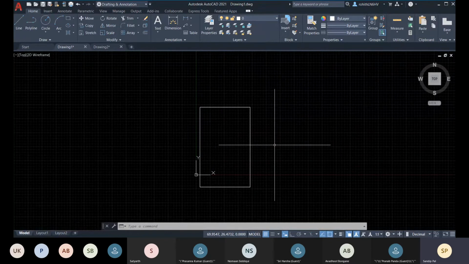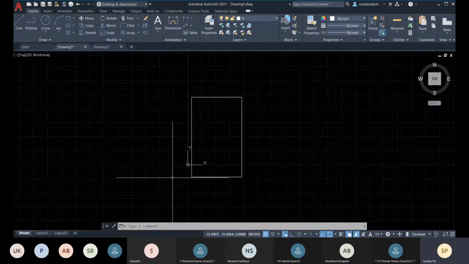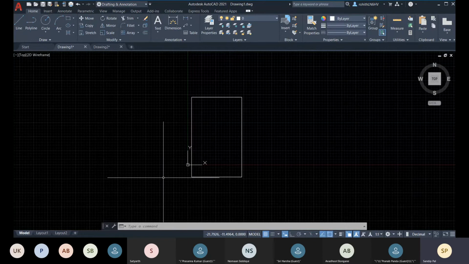I will show you that also during the 3D, so that you can change it. For now, just know that the default working plane is your XY plane. This information is most important for any 3D modeling software, because changing the working plane and its orientation will give you ease in creating any difficult or complex 3D model. We will learn this when we create a 3D model in AutoCAD.